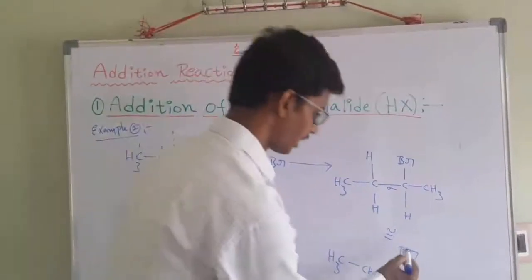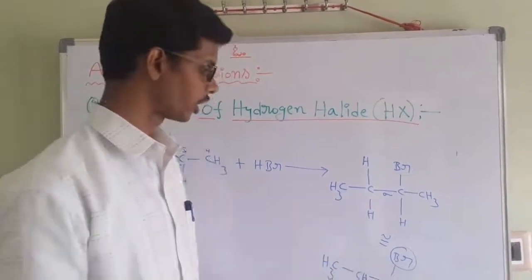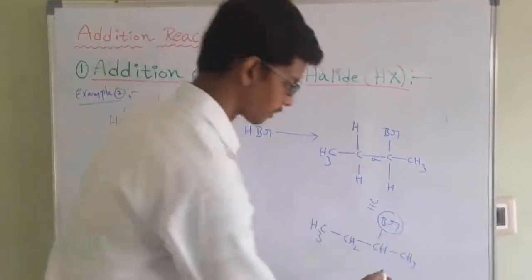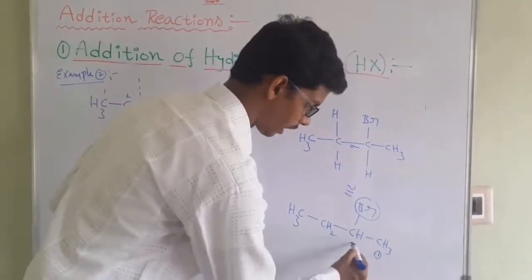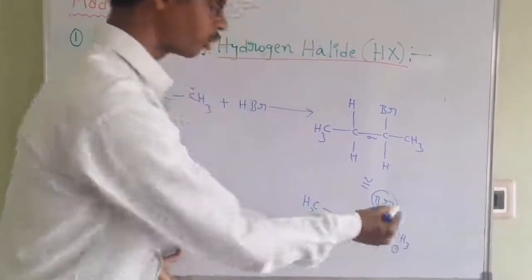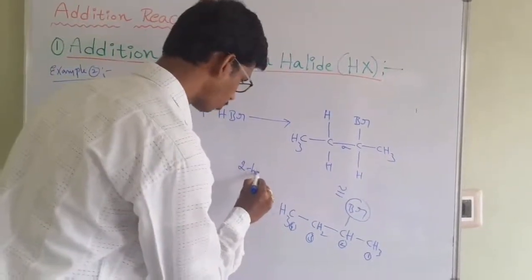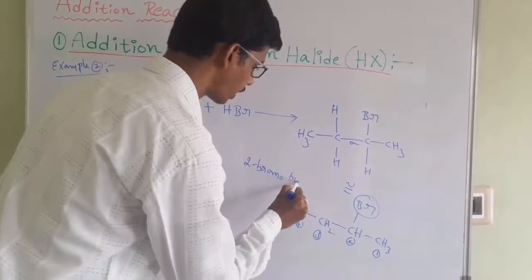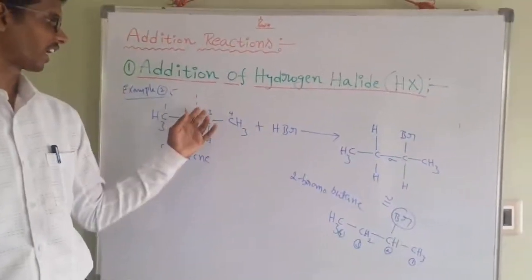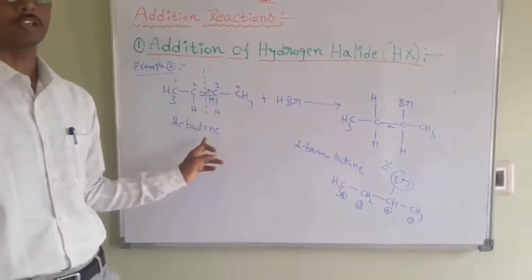Why? Because here bromine is the functional group. This is haloalkanes. Okay, you should give more priority to the bromine attached carbon. That's why numbering is started from right to left. 1, 2, 3, 4. 2-bromobutane. This is the right name for this compound. 2-bromobutane. This is the second example for addition reactions. Addition of hydrogen bromide to the symmetrical alkene, that is 2-butene.